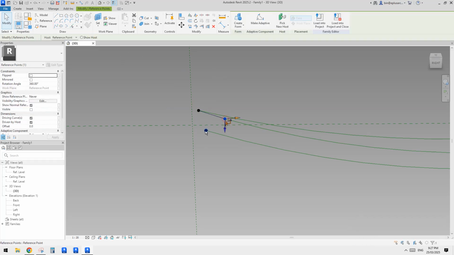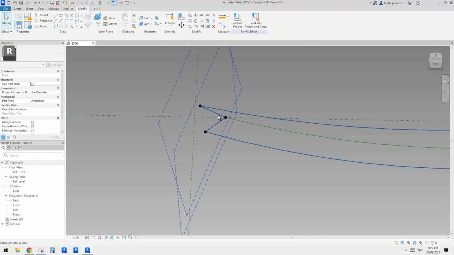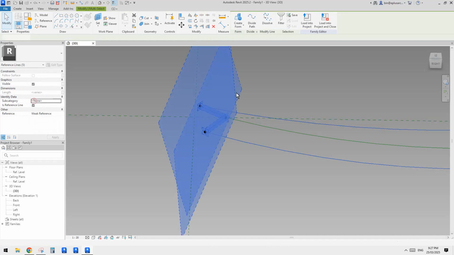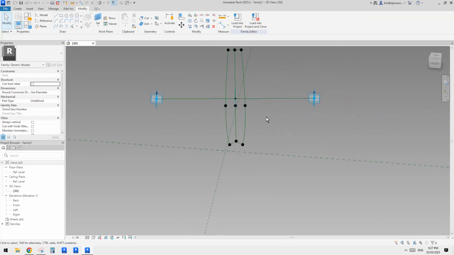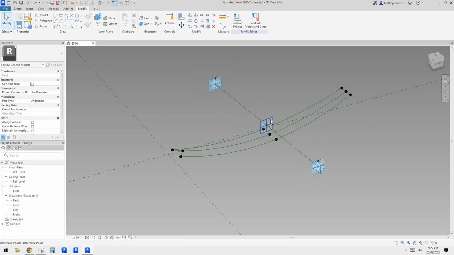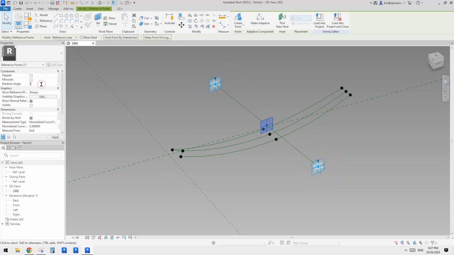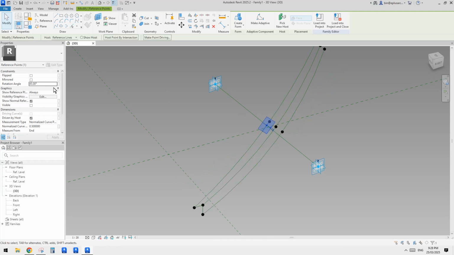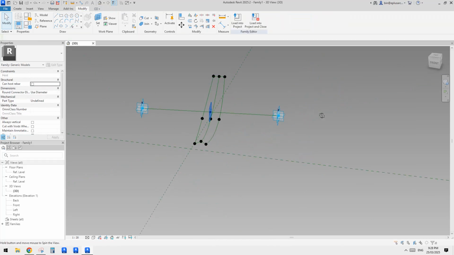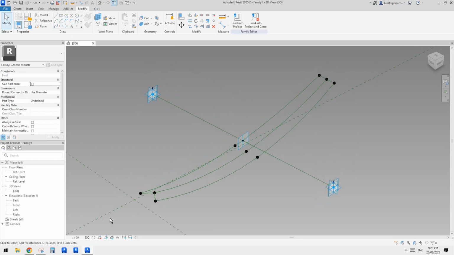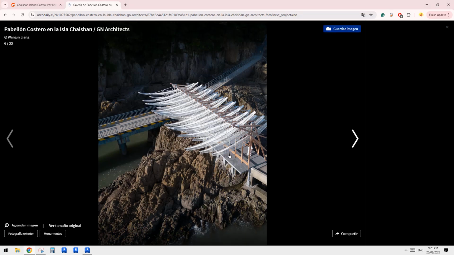So we can connect all these two points and make them all reference lines. So we can create something like this. And again, if we still need to rotate, all these points will rotate accordingly, right? Okay, so the next step is, you can see there's all these